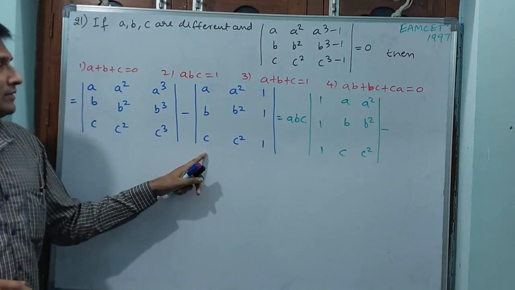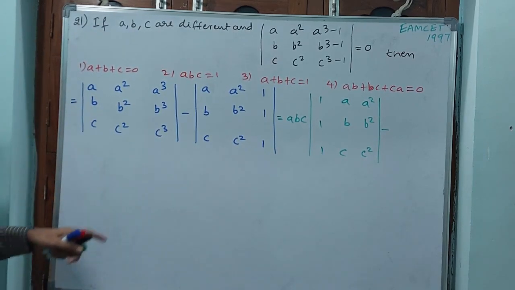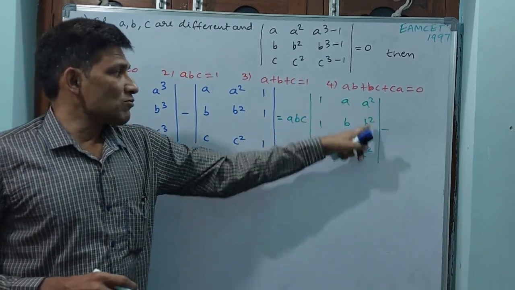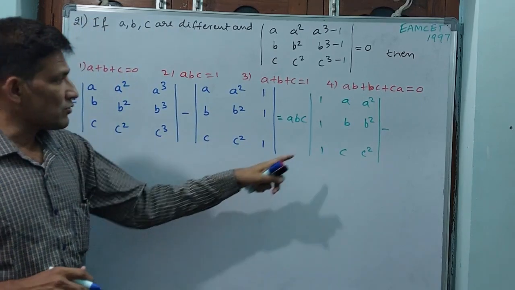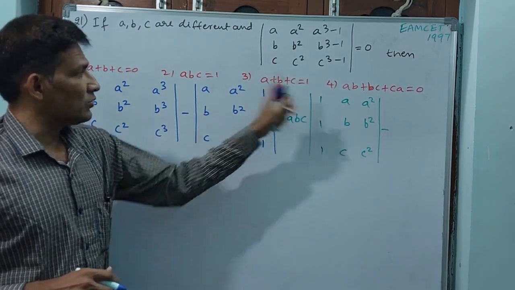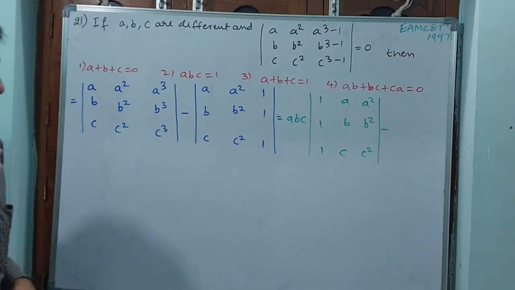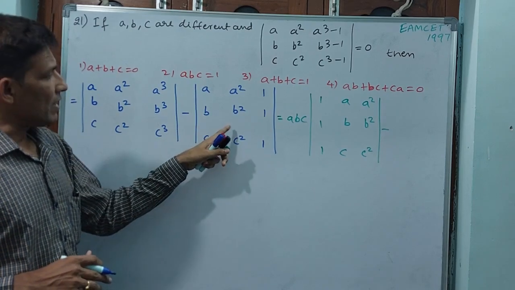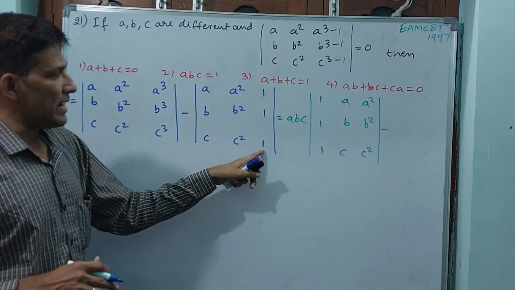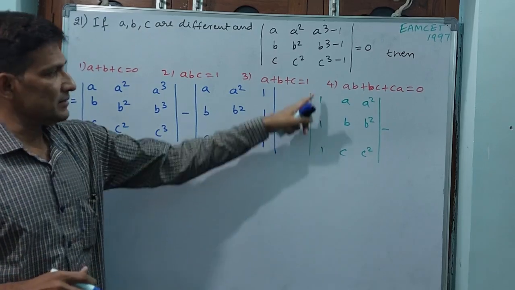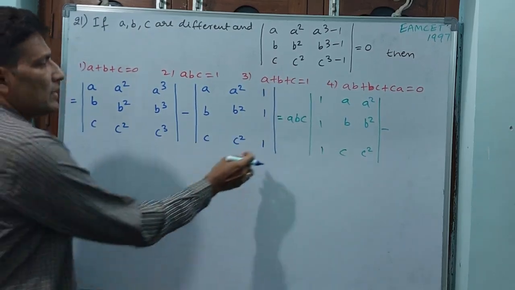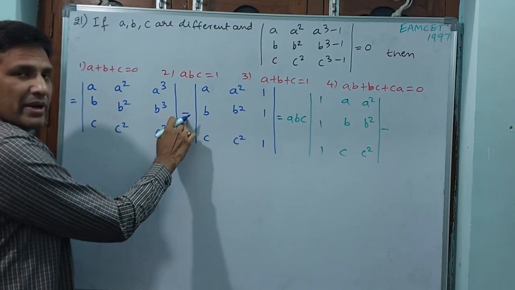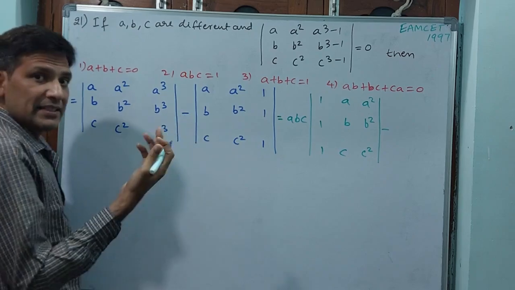Here you don't do anything. You see what I am doing now. This determinant 1, 1, 1; A, B, C; A square, B square, C square has come. I want to make the second determinant also like this. But how can I make it? First I am sending these two. Why? Because 1 should come in the first column. I bring column 3 to column 1 and make this plus, because minus is already there.